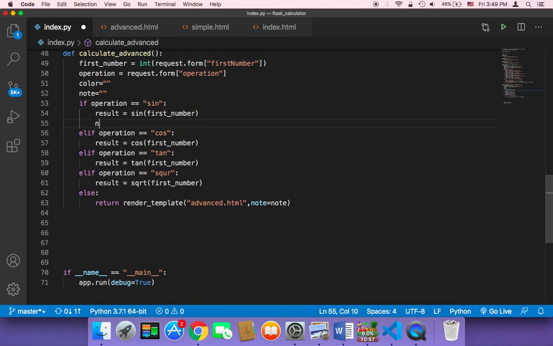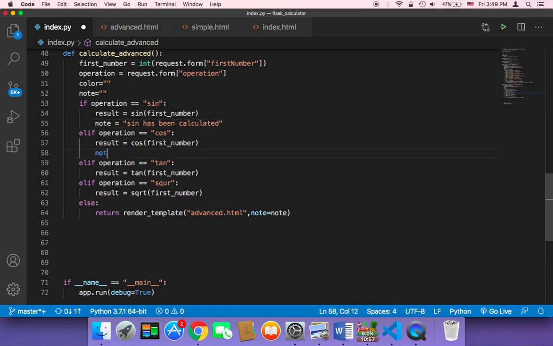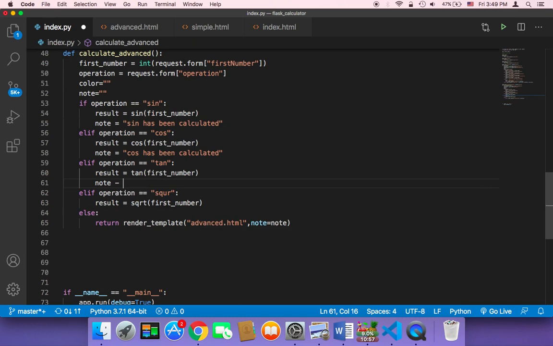So here you can say note is going to be equal to sine has been calculated, and then for the second, note is going to be equal to cosine has been calculated. And of course the note is up to you. You can type whatever you want to the user. There is no rule here, but you need to tell the user that everything has been successful. So here tan has been calculated,